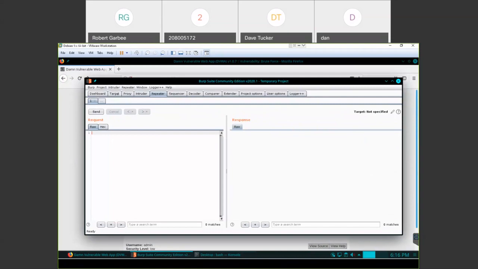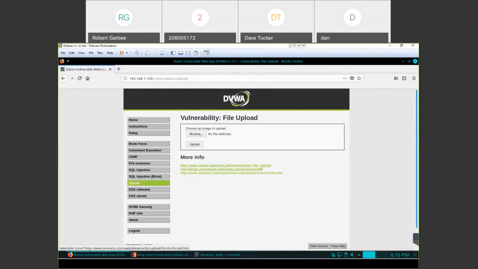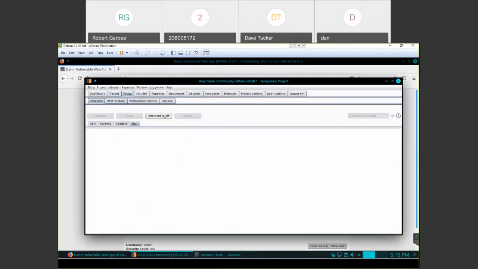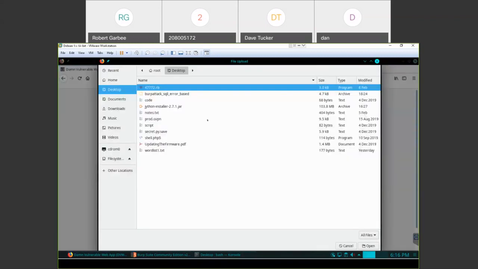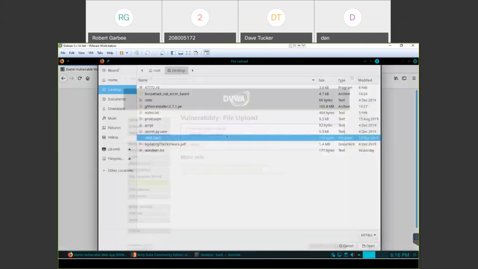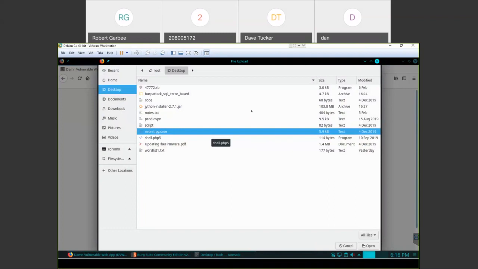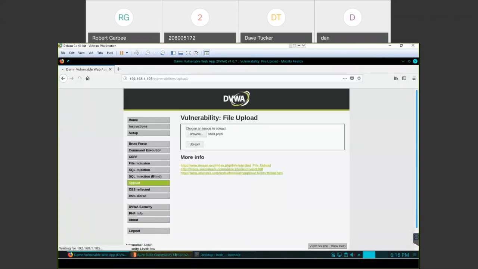Now, Repeater is probably exactly how you would think. What we're going to do is pop over to the file upload vulnerability. And I'm going to turn the intercept on to intercept this request. I'm going to browse, and this is supposed to be an image file upload, okay? So just choose an image to upload. If I try to upload something that's .php5, it's probably not supposed to let me do that, right? So I'm going to upload that request, and it's going to hang it